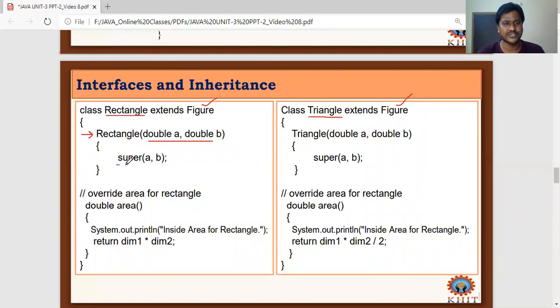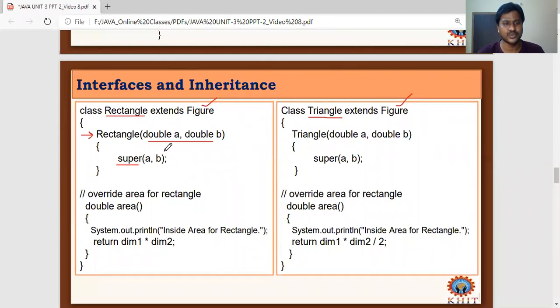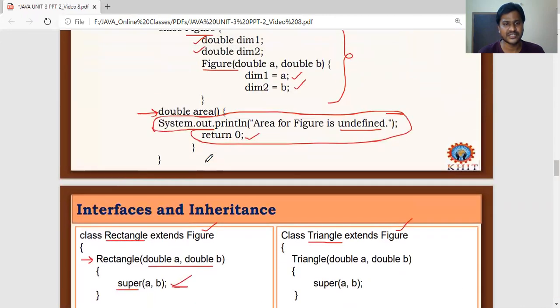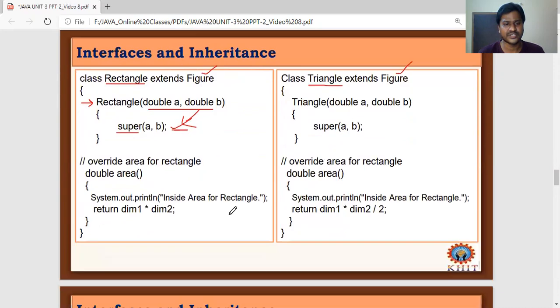We can simply use the super keyword by passing these two values like this. Then the super keyword invokes the constructor defined with two parameters in this subclass situation. This constructor is invoked here. Got it?